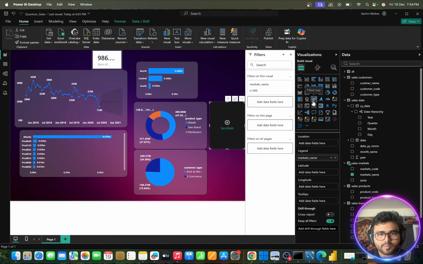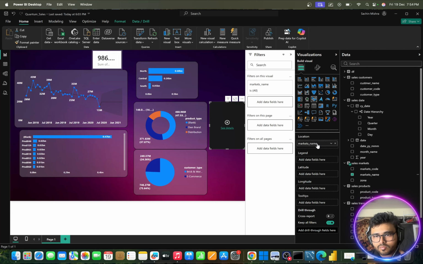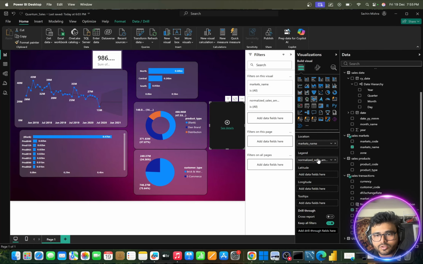Let me click on this map and I'm gonna also put this market name. And see, I don't have the latitude and longitude for this, so that's why it might not show. Let me try this. And I'm also going to put this normalized sales amount inside the legend. Okay, so see, this latitude and longitude is not there,